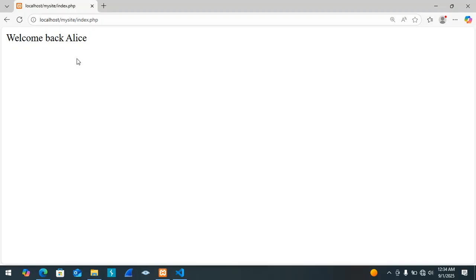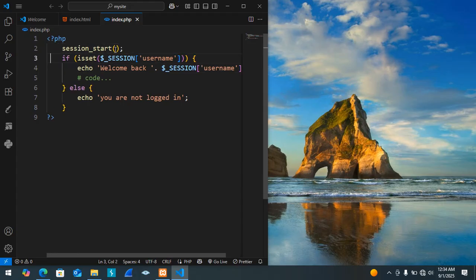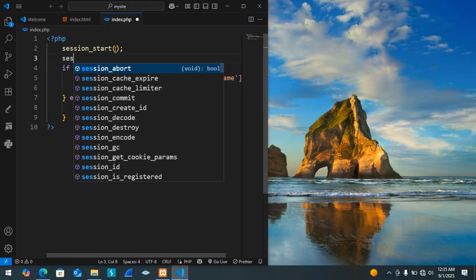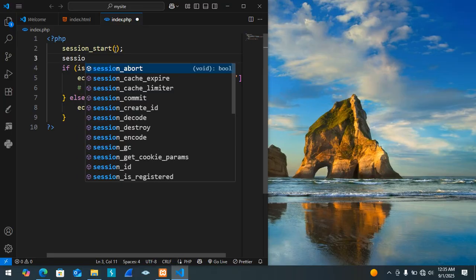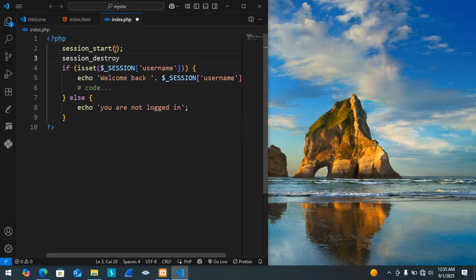So let us see how we can destroy a session. To log out a user or clear the session data, we use session_destroy. As you can see, PHP is easy. Here we have used session_start. Now let us use session_destroy, like that. So if we destroy our session and then we try to see if we can access it,